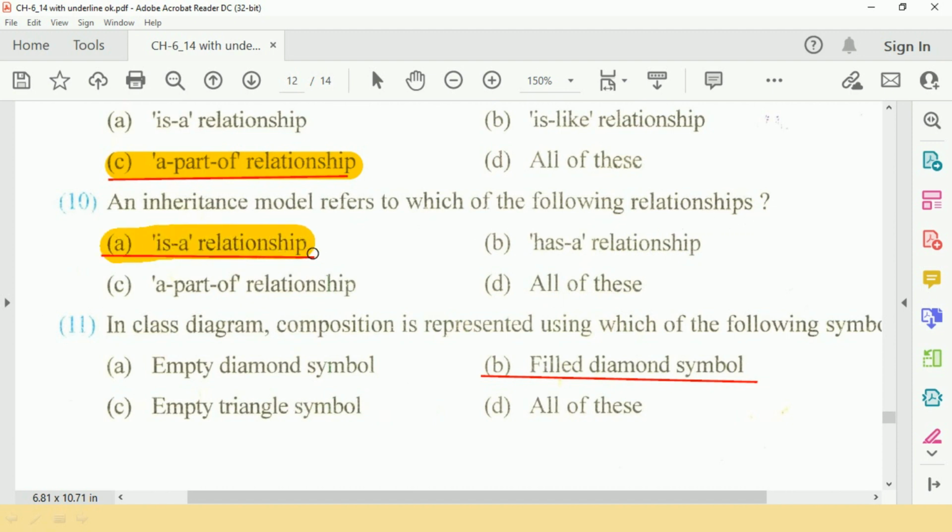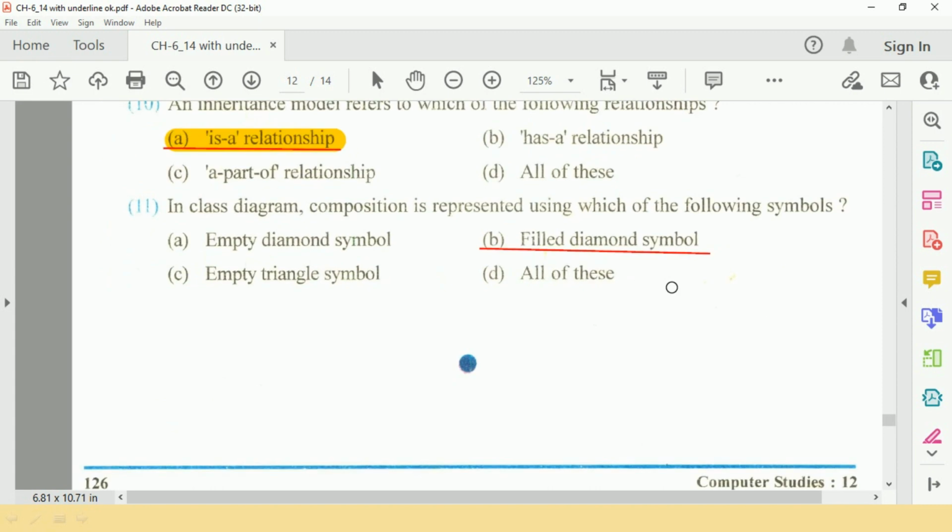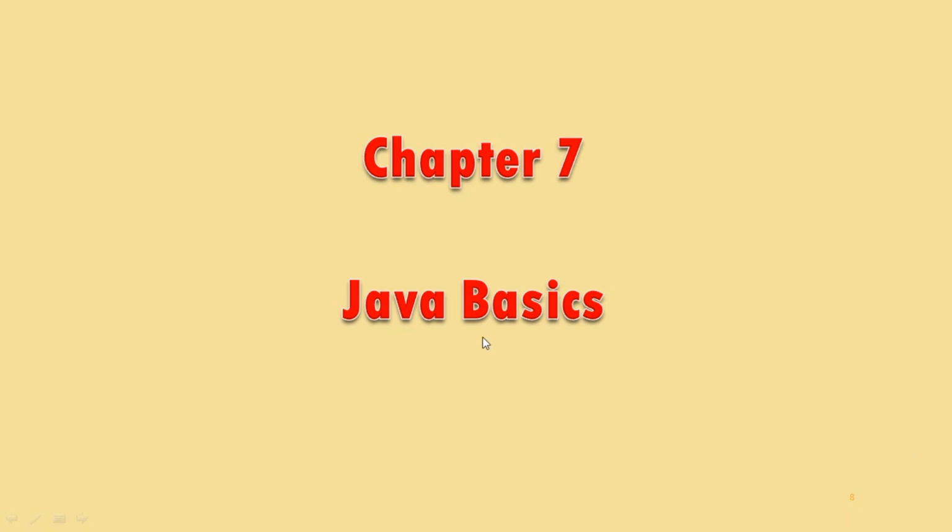A, is a relationship. And question number 11, in class diagram, composition is represented using which of the following symbol? Answer is B, filled diamond symbol. Okay, so this is the end of chapter number 6. Next is the Java basics. Let's start the chapter.